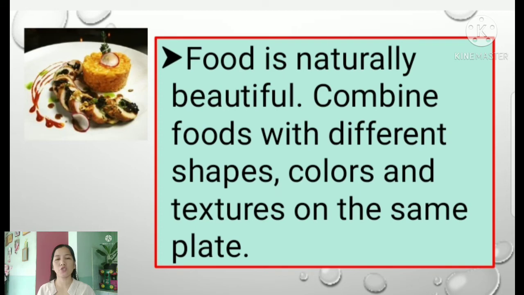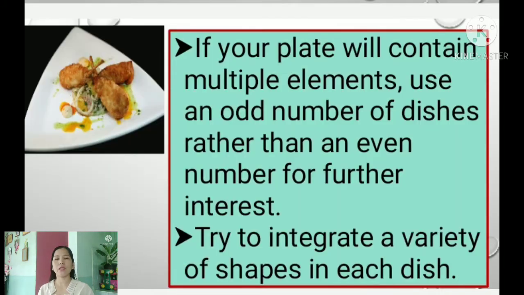Combine foods with different shapes, colors, and textures on the same plate. So naturally, maganda naman talaga ang pagkain. So ang kailangan lang natin is we have to artistically combine food with different shapes, colors, and textures on the same plate. If your plate will contain multiple elements, use an odd number of dishes rather than an even